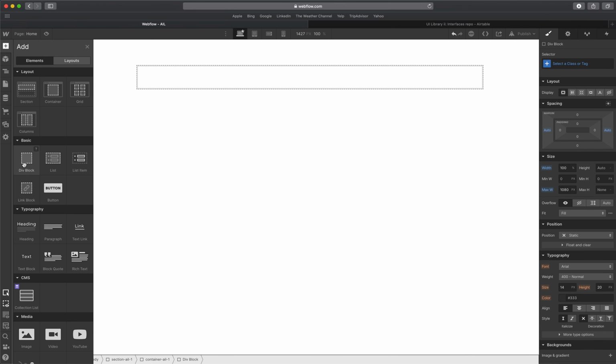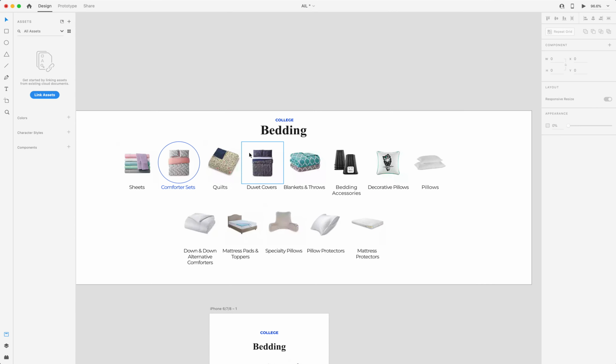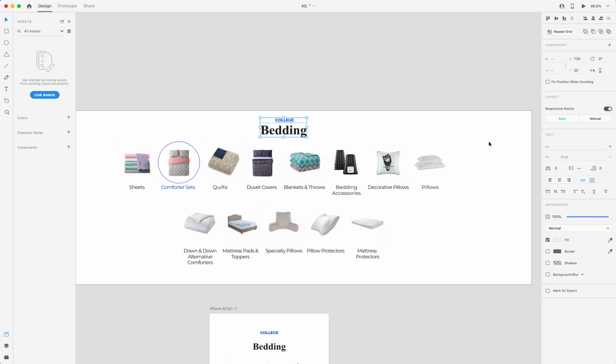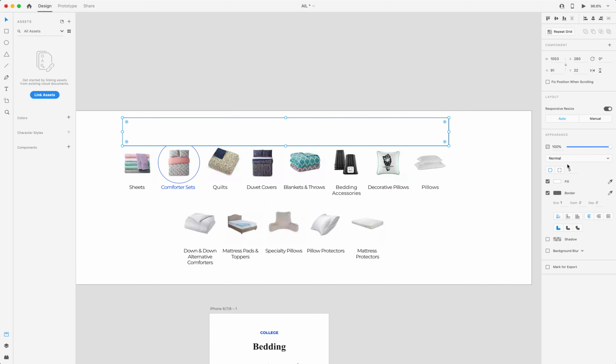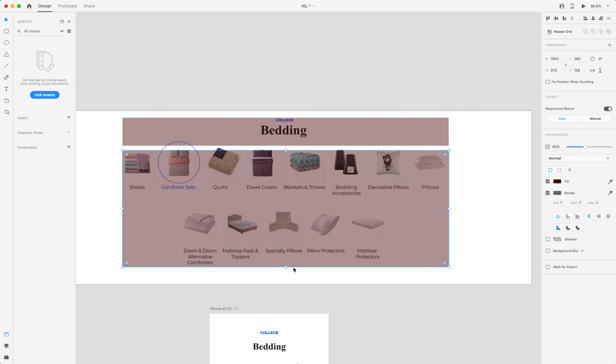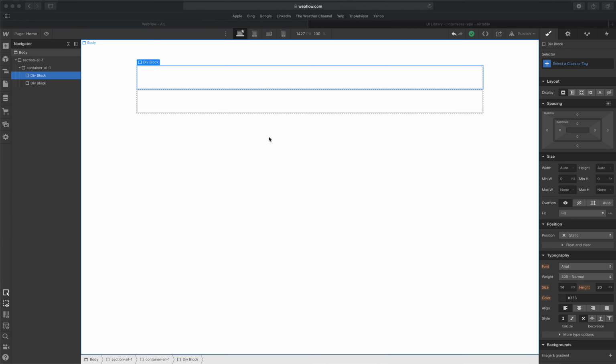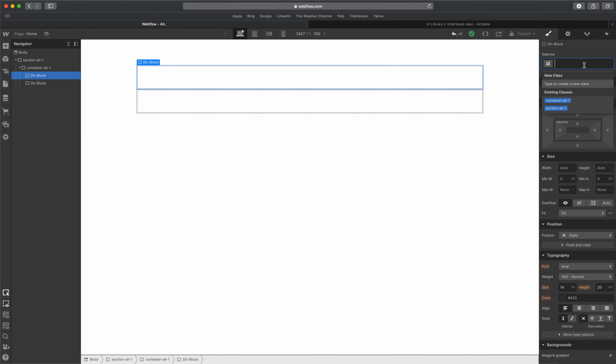Now, inside of our container, I am going to create two div blocks that will correspond to this headline over here, or this section of the top that I'm having over here. Okay, and also I am going to create another one for the bottom that will contain the actual grid system. So let's do this. I'm going to call this top wrapper number 1, and I'm going to call this bottom wrapper